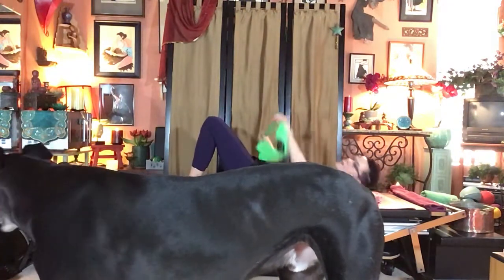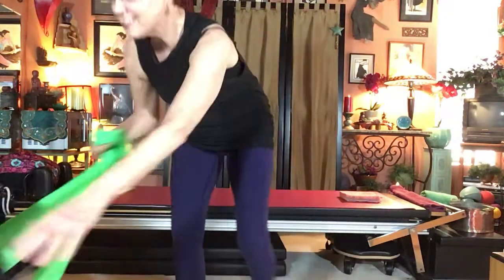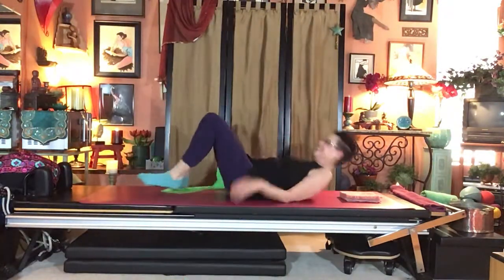He's 90 pounds. It's hard to move him out of the way. Okay, Abby, come on. Get your little self to one side. There we go. Okay. All right, now,